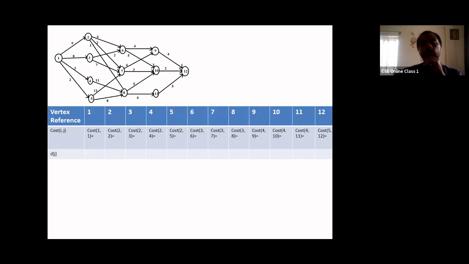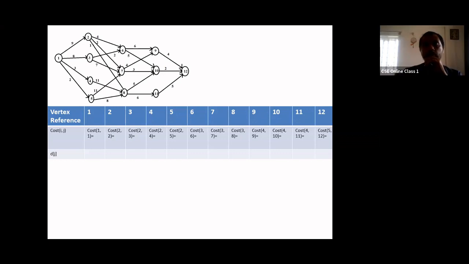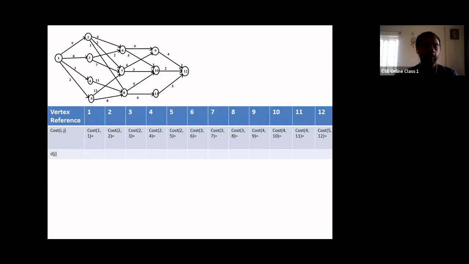And at the last stage we have only one vertex, that is 12. Usually the last vertex value will be 0, meaning the shortest path from sink to sink is generally 0. And its successor, that is the direction after 12, we don't have, so generally we'll mark it as nil, empty.